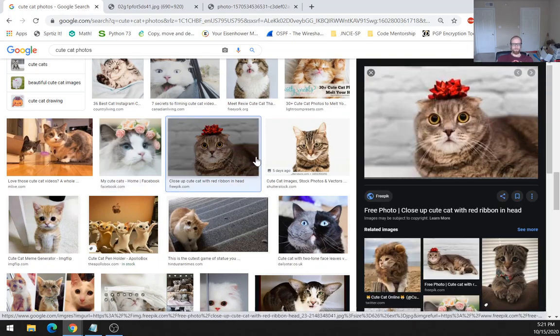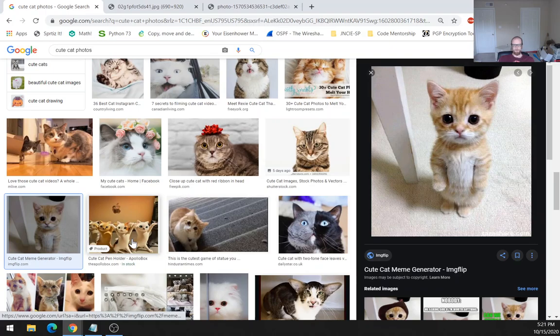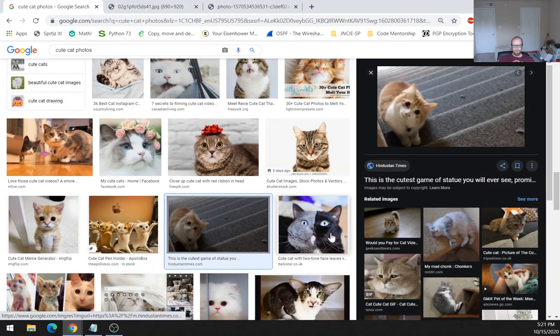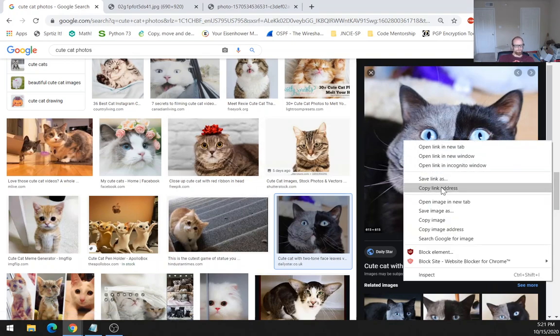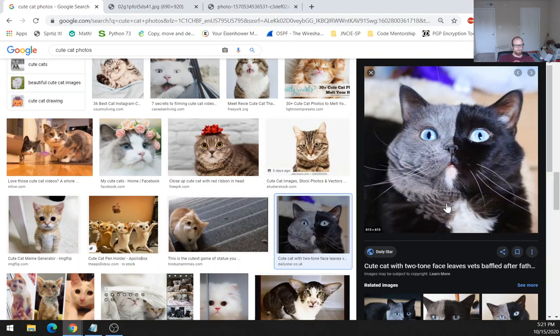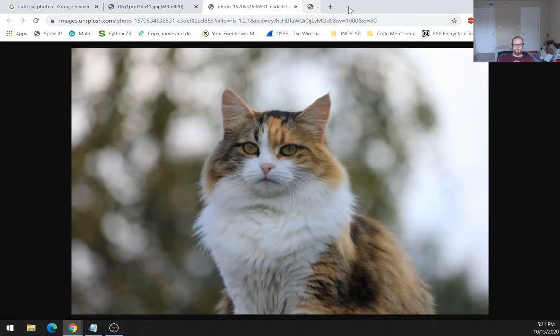He's still getting back to me, so I'll just keep looking at cute cat photos in the meantime. I guess I could be just working on the lab. Like a closer look at the two-toned face cat. Kind of like the Two-Face villain in the movie Batman. Alright, so I'm done looking at the photo of this cat, so I will move on and